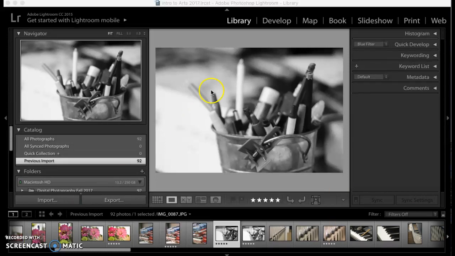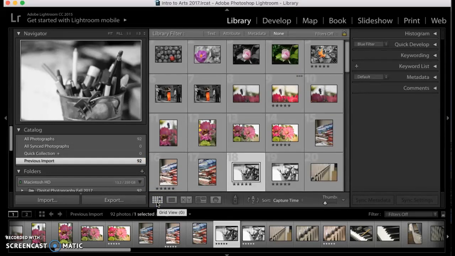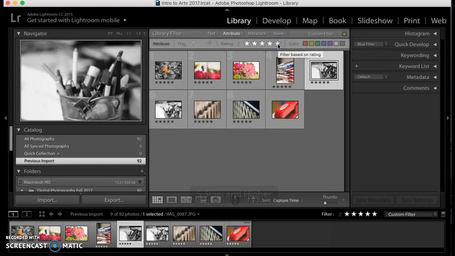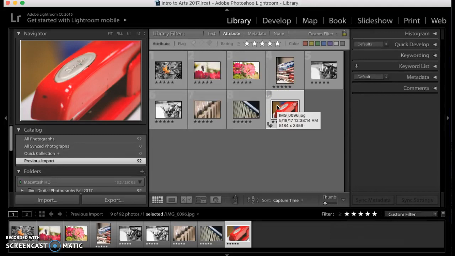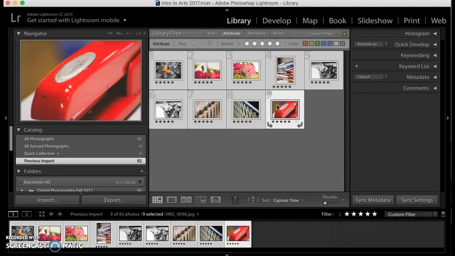So in order to export them, you're going to go back into the Library module, and we're actually going to sort them by the rating that we gave them, the 5 stars. It's called attribute. You want to hit grid view, which is also G on your keyboard, and go right up here to library filter attribute. Now when I click on that and click on the 5th star, you can see here are some images that I've edited. Okay. In order to export them, I have to click on one, and I'm going to select all